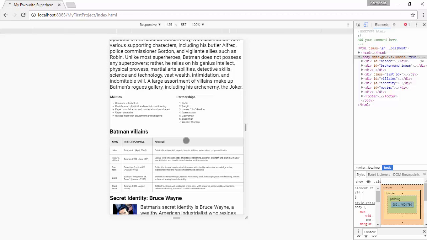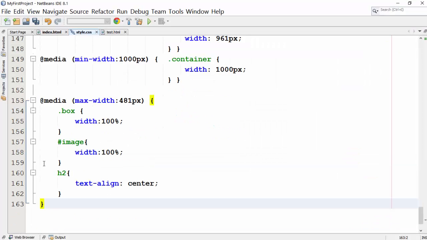Again, let us go back to the CSS file and write a query for the relevant container. Currently, the box class uses 50% of the width of its parent div. For viewport width smaller than 481 pixels, let us assign 100% width to this class. We can do so using a max-width media query like follows. Here, the max-width condition is true when viewport width is 480 pixels or less, and in such cases the box class will have 100% width.